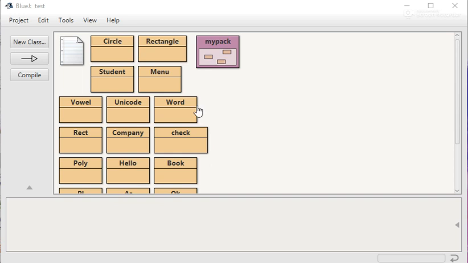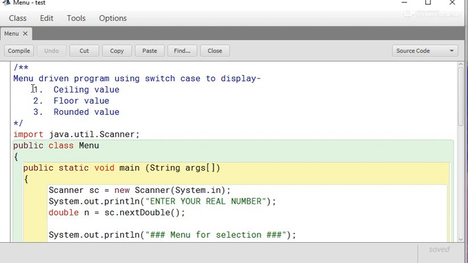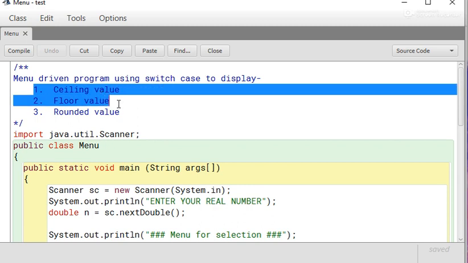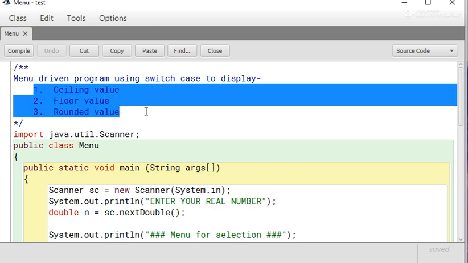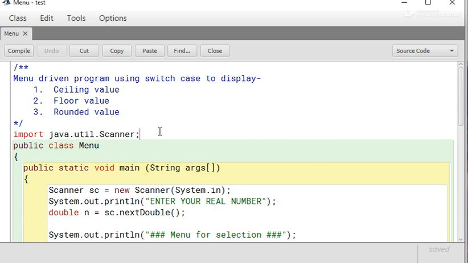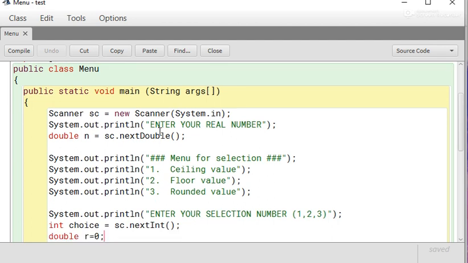As explained in your PDF file, you can see a menu-driven program. In this menu-driven program, there are three menus: ceiling, floor, and rounded value. I have explained this program already in your theory video. Here, this program is written inside BlueJ, and you can see a scanner is declared.